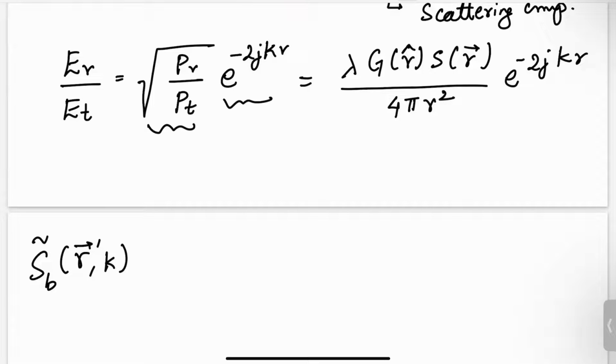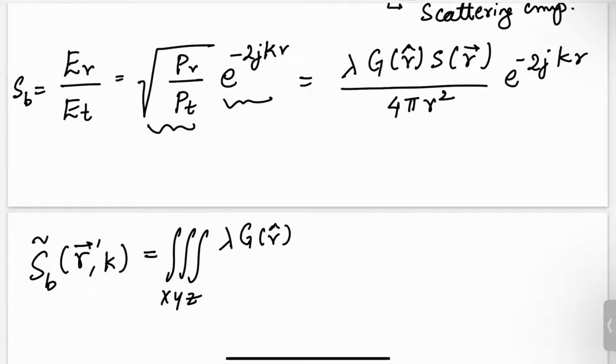So this was your small SB, right? Now S tilde B, which is the integral over SB, is simply the integral over x, y, z, lambda g of r hat. R hat is basically the direction of r minus r prime. S of r over 4 pi r square